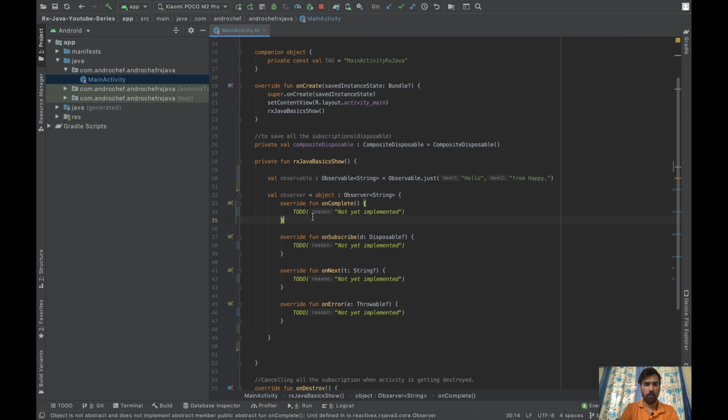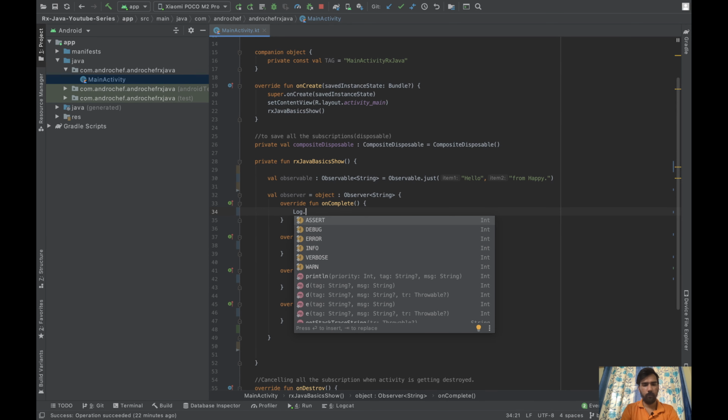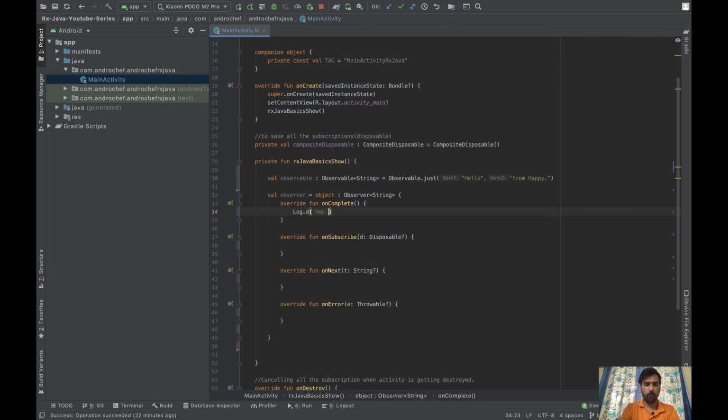Now I'll remove all this. Now we will add some log here. We'll use the tag, and then we will use onComplete, we'll use the same. This will be onSubscribe.